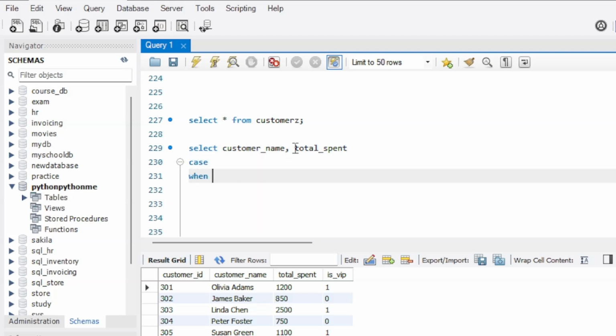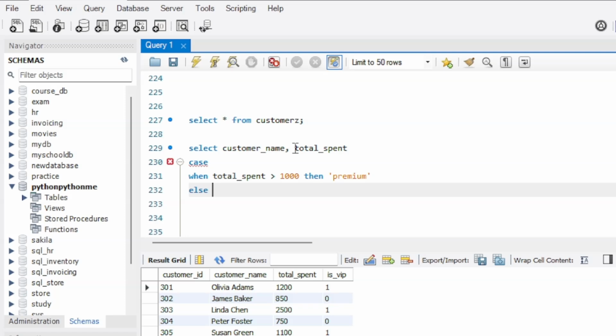case when, here we set the condition when total_spent is greater than 1,000, then we tag that customer as premium, else we set it as regular. Here we will end as customer_type. So here we are using end as an alias to set customer_type as the header of this newly created column. From customers